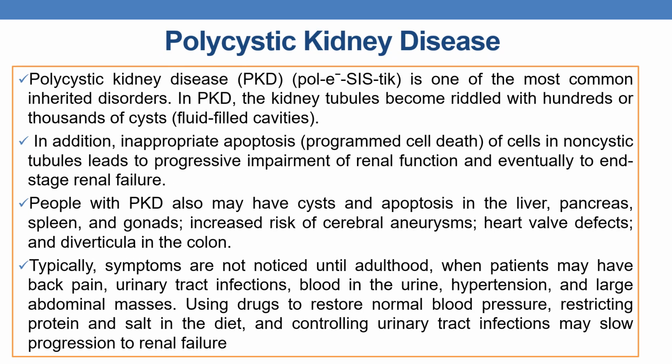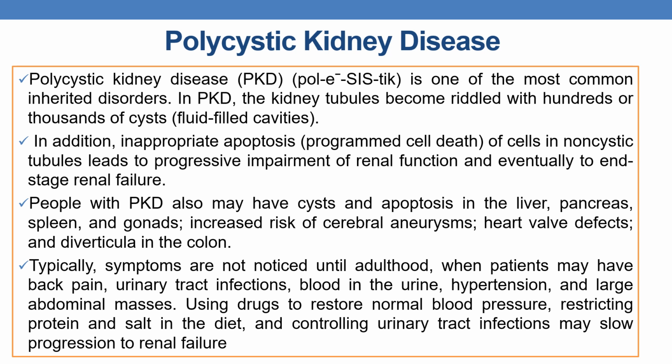Now coming to polycystic kidney disease. Polycystic kidney disease, PKD, is one of the most common inherited disorders. In PKD, the kidney tubules become riddled with hundreds or thousands of cysts. In addition, inappropriate apoptosis, that is programmed cell death. Apoptosis is nothing but cell death. Programmed cell death of cells in non-cystic tubules leads to progressive impairment of the renal function and eventually to end-stage